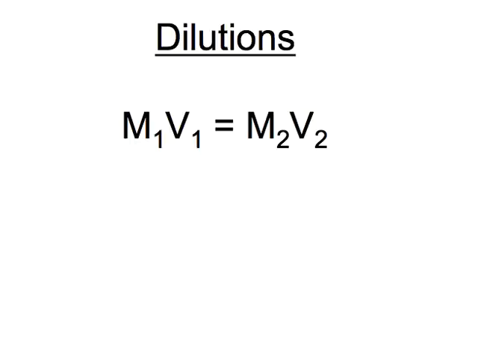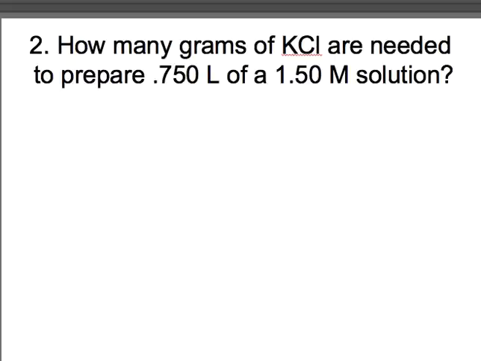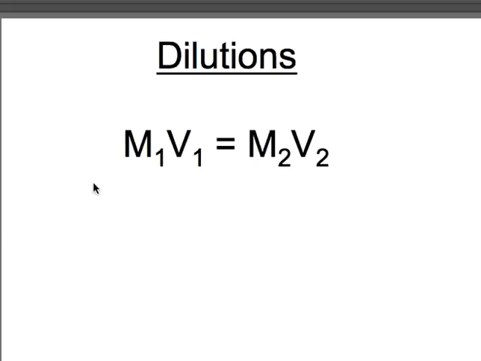The next topic we're going to talk about is what if you have a solution that is strong and you add water to it? A strong solution in chemistry is typically called either a concentrated or a stock solution. And these stock solutions, you can dilute them by adding water to them. If you add water to them, you're just increasing the volume of your solution. So this is a common equation used to figure out how much you dilute things, what the concentration goes to,